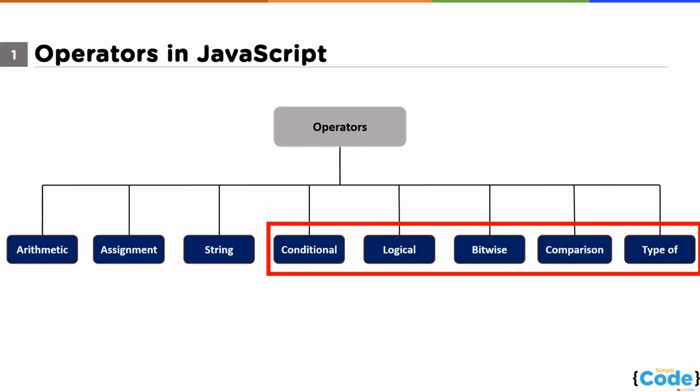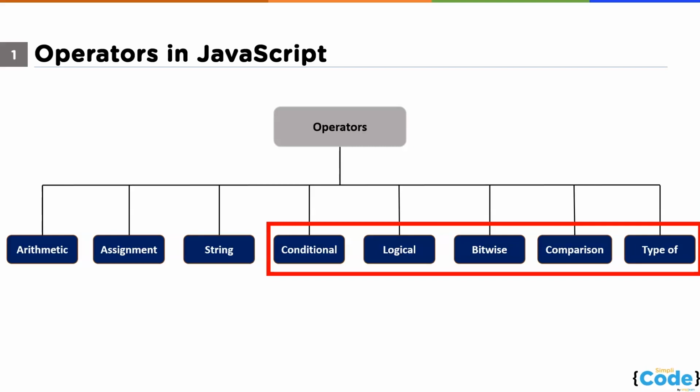Before we start with the operators, let us first discuss associativity. Talking about associativity, it refers to the direction in which the entire expression is evaluated. For example, if you have an expression, let's say a plus b, the direction in which this expression will be evaluated, either from left to right or from right to left, is known as associativity.